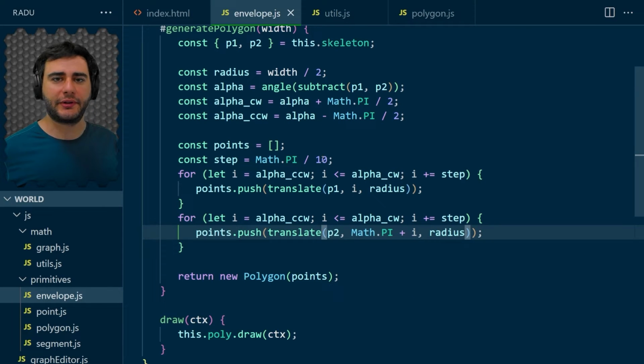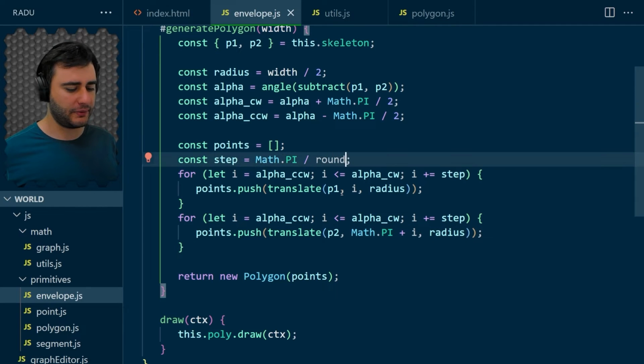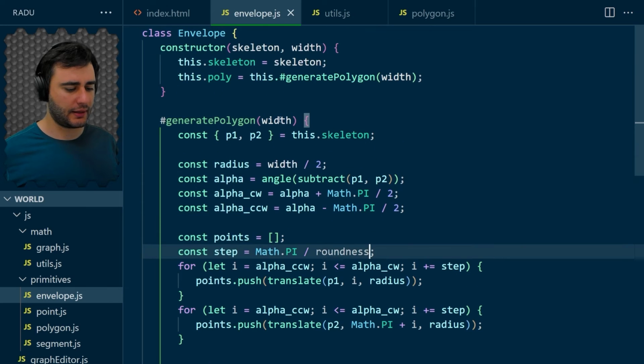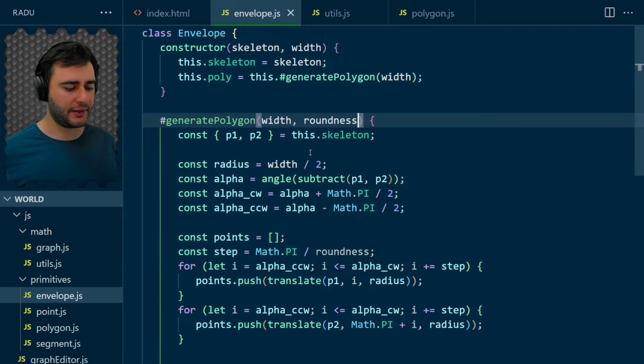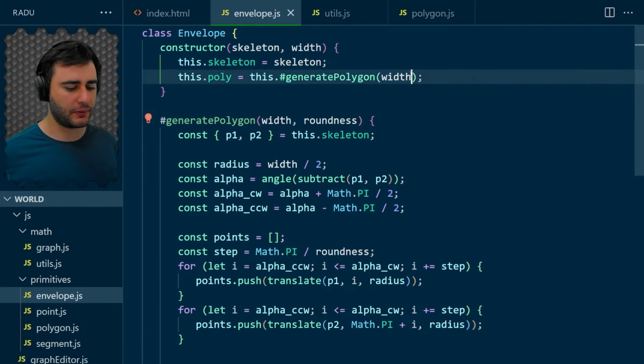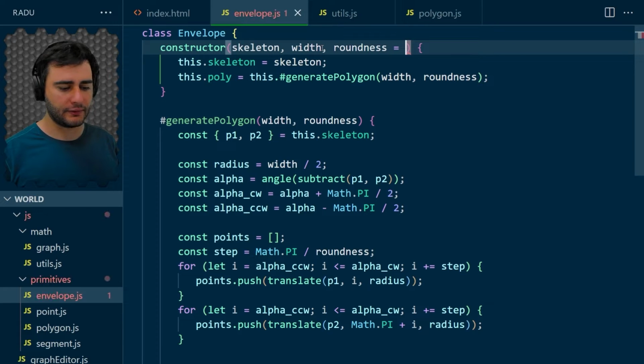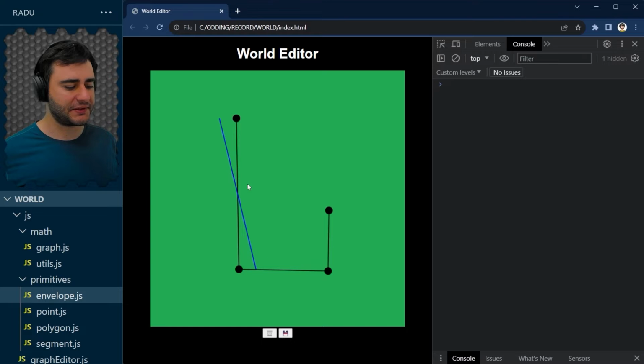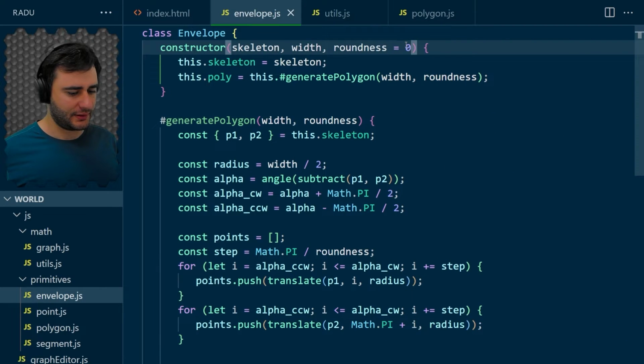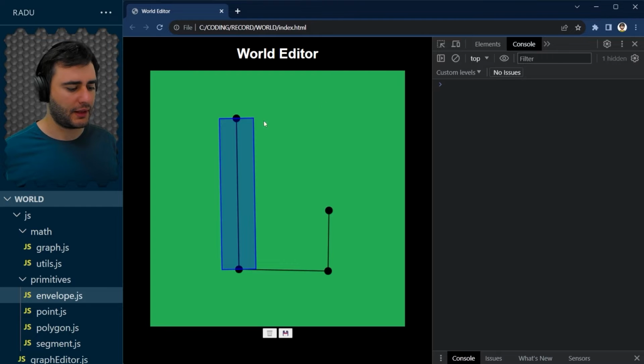This is actually a parameter, how round we want this shape to be. And we could replace this with roundness. And here, let's pass it as a parameter, roundness. And I'm going to pass it also here and here, maybe give it a default value of something. Let's try what happens with 0, like 0 roundness. This doesn't really look good. Let's try 1. It's what we had previously,